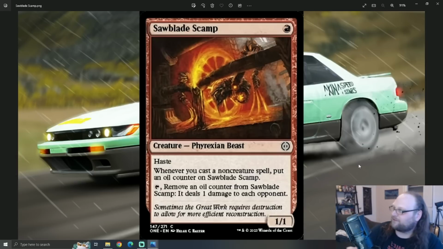If I play this turn 1, there's 2 ways to look at this. I play this turn 1, get in for haste. Turn 2, Kumano faces Kakazan, oil counter, swing. You know what I mean? Or I can play Kumano on turn 1, this on turn 2, put a counter on it, swing 2 haste that turn, and still have a mana open. And then later on in the game,